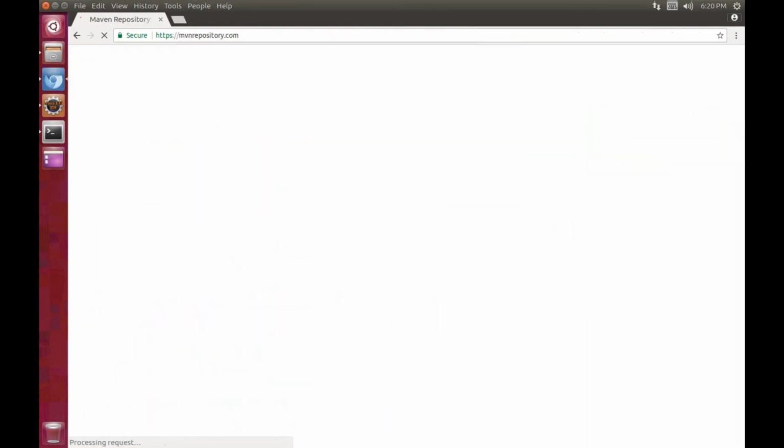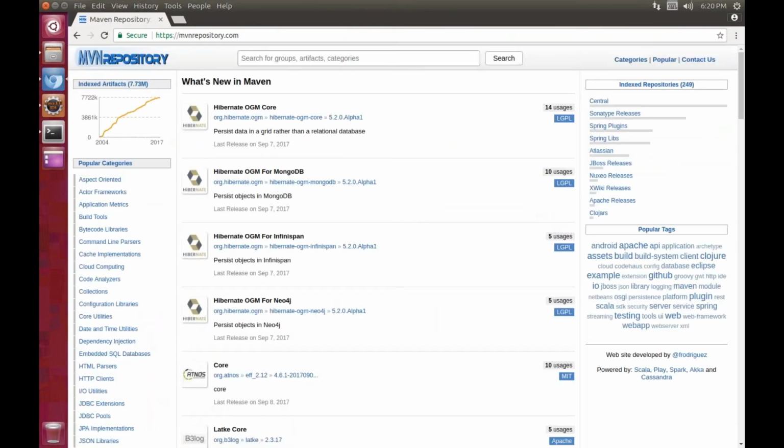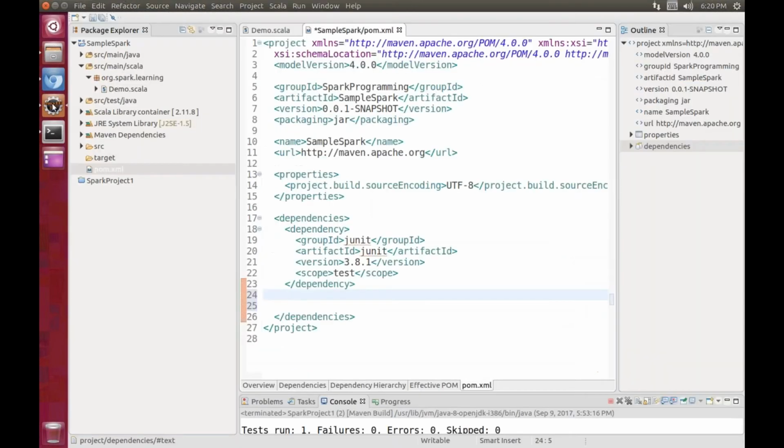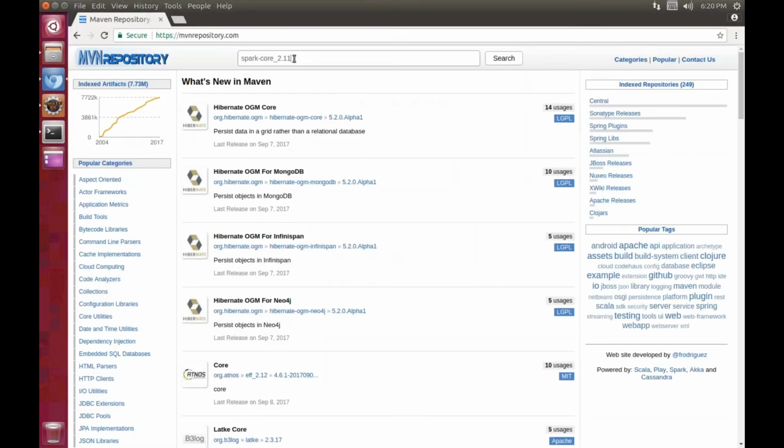The very first link will lead us to the Maven repository, and in the search bar type spark-core_2.11. Why am I choosing 2.11? Because in Eclipse, the Scala version I'm using here is 2.11. For that reason, I'm using the Scala compatible version 2.11 here.